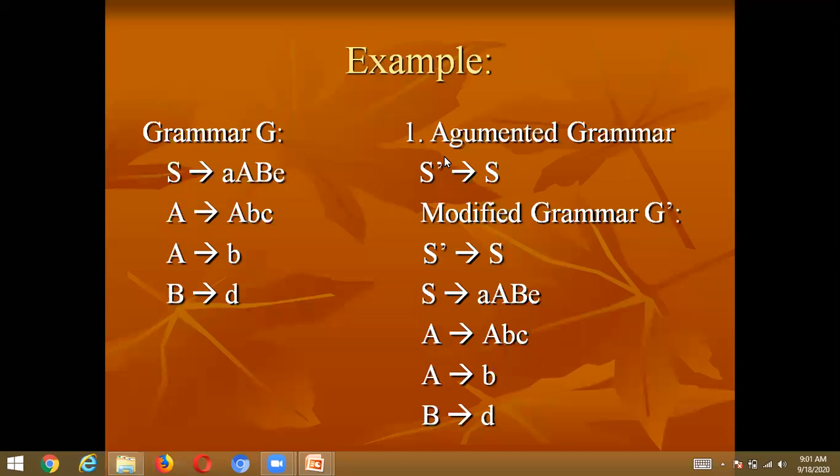And I think you all understand the formation of the augmented grammar and how to write the closure of I, and then how to give the name of the closure of I set. That means the set of items we are naming with some sequence number with the alphabet I, right?